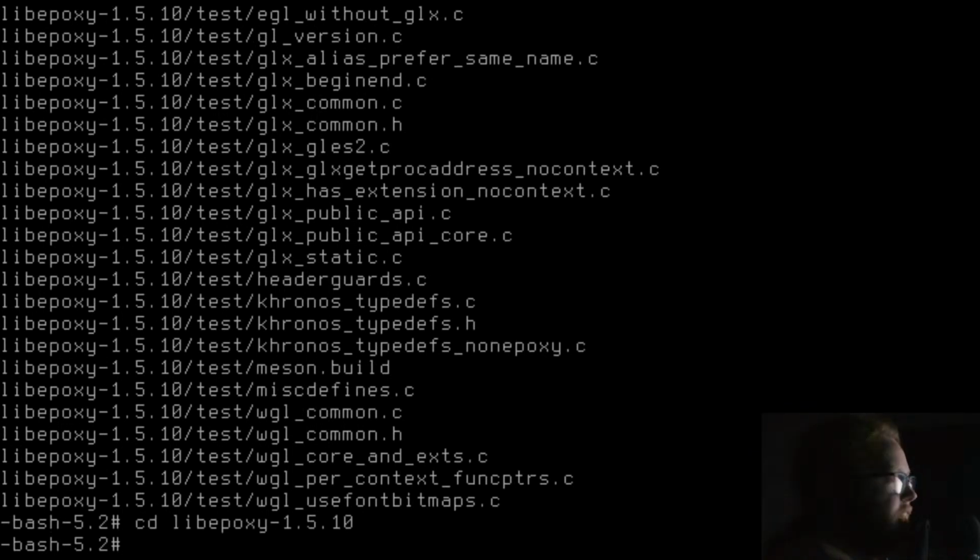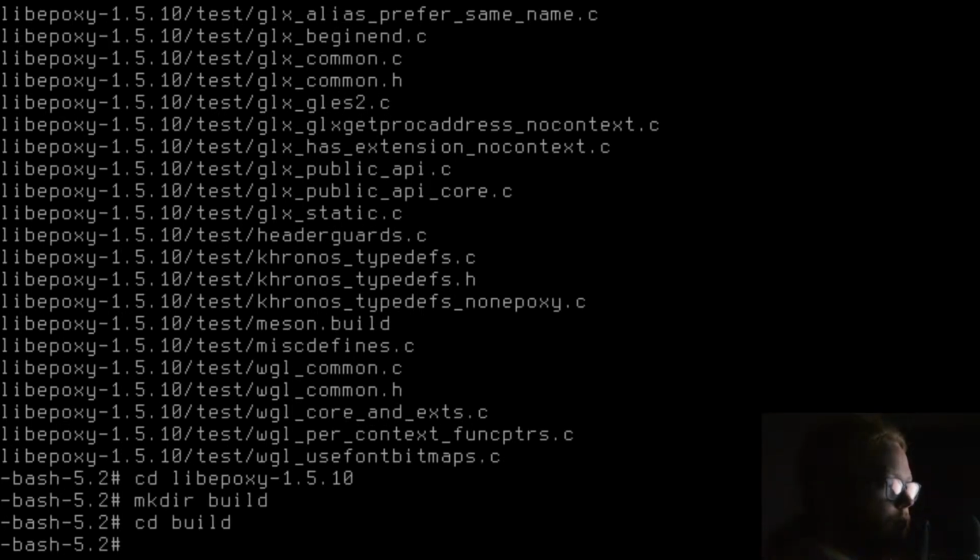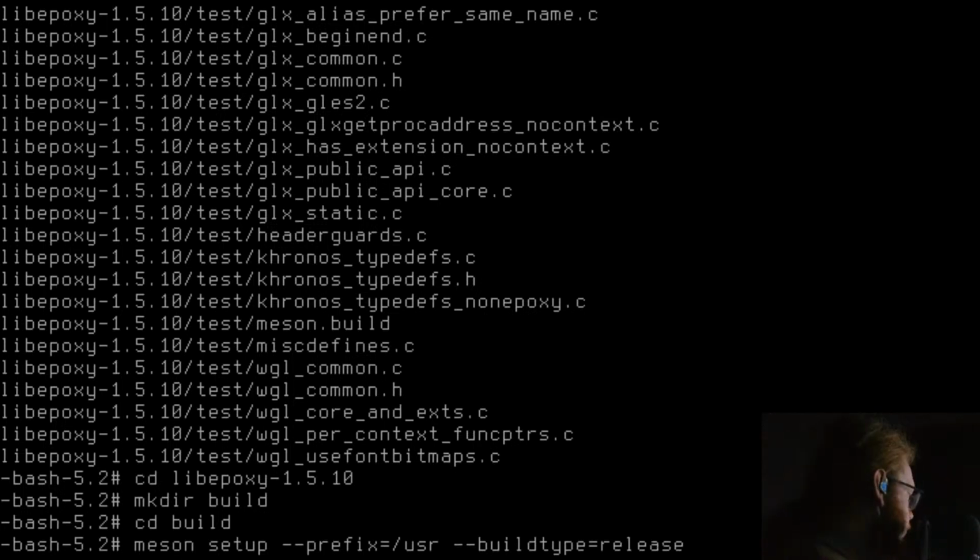Sounds like a disease. mkdir build, cd build. meson setup --prefix=/usr --buildtype=release .. and